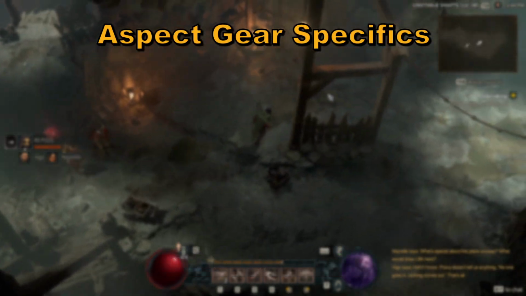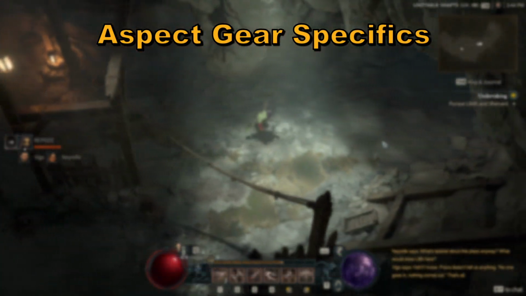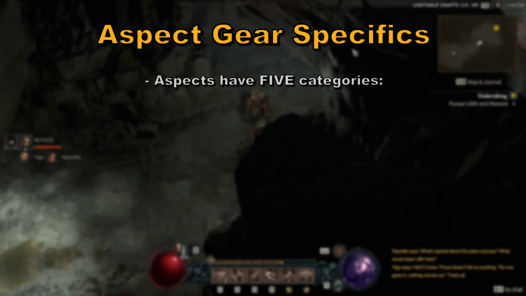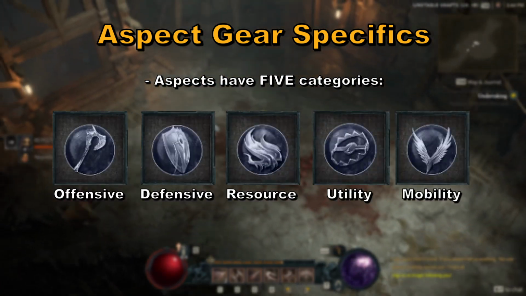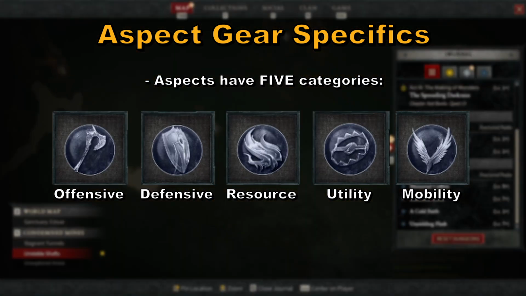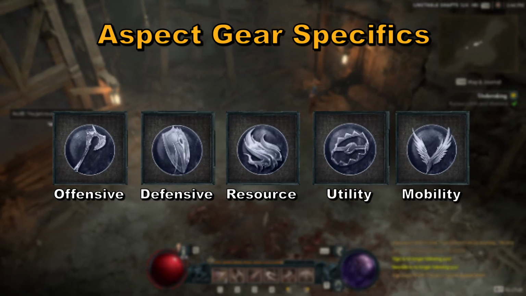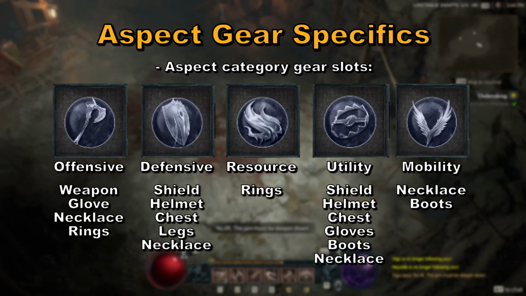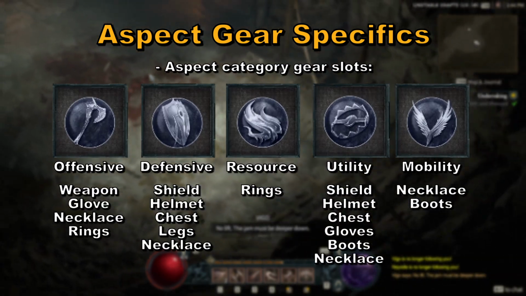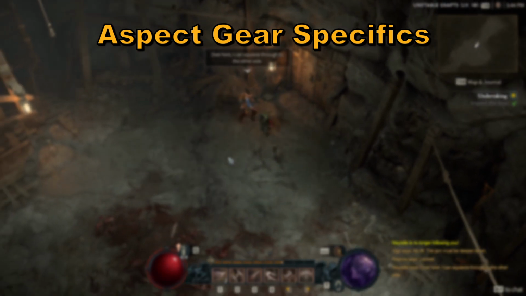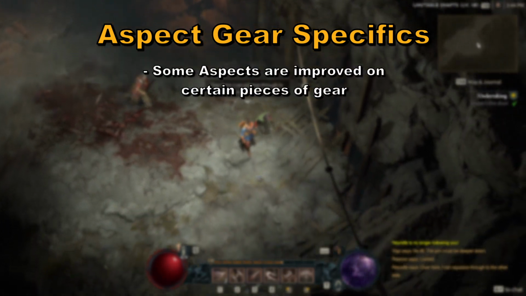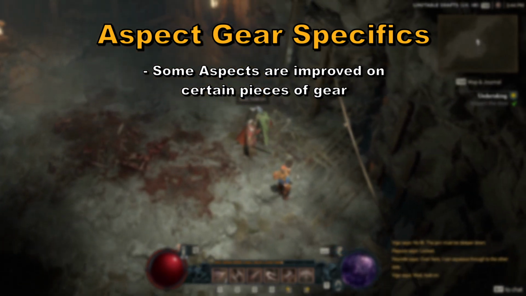Another mechanic related to aspects is that they can't be imprinted on just any piece of gear. Aspects have 5 categories: offensive, defensive, resource, utility, and mobility. Each of these aspect categories are limited to being imprinted on specific gear slots, and I'm going to put those on screen now. Another important detail regarding the aspect categories is that imprinting some aspects on specific pieces of gear will grant bonus